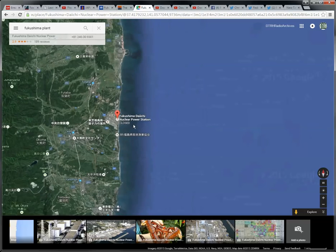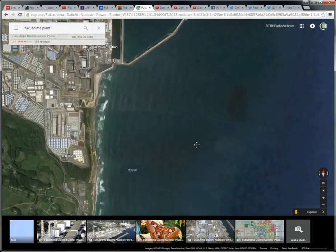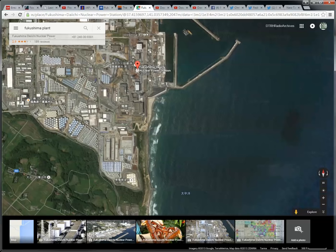And now, all of this water, and this isn't new, this has been going on since it melted down, so for 4 years. You have all this groundwater and rainwater and stuff coming down from the mountains and then washing through this highly radioactive area and going out into the Pacific. So when they tell you, oh, we're only dumping a certain amount of radioactive water into the Pacific and it's getting diluted because it's not much, well, yeah, because if they're dumping the water from the cooling ponds, which is what they have been dumping, the stuff that's in the tanks,